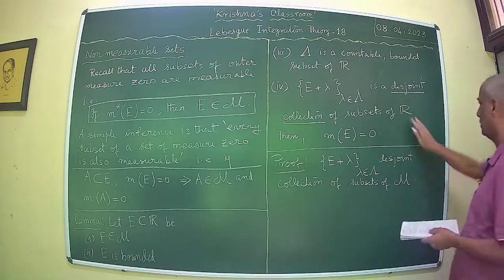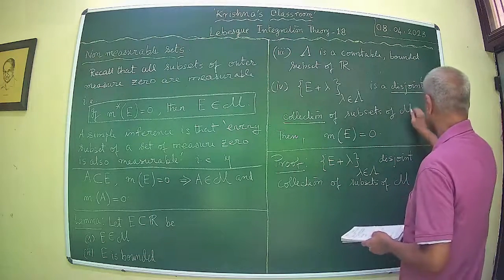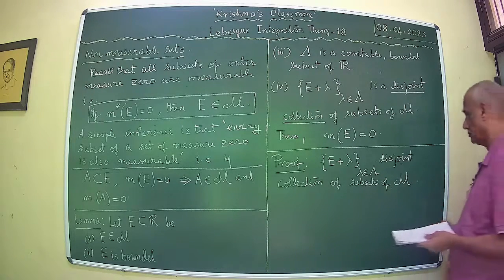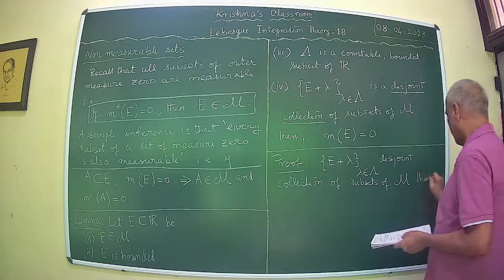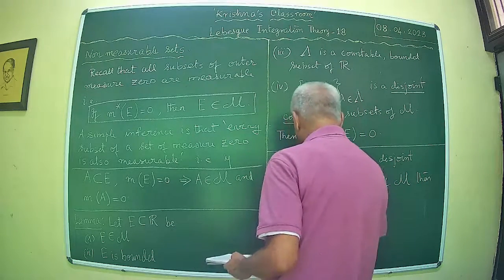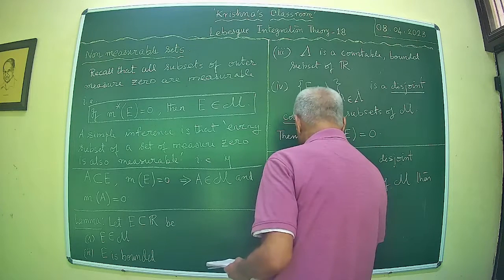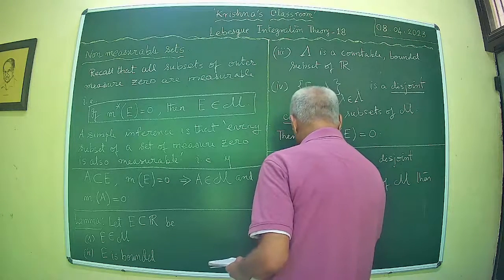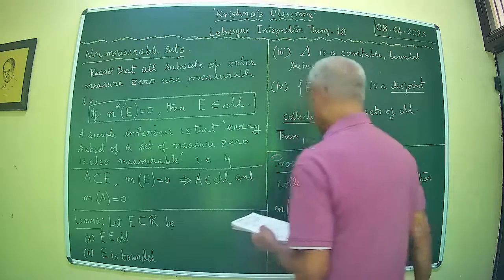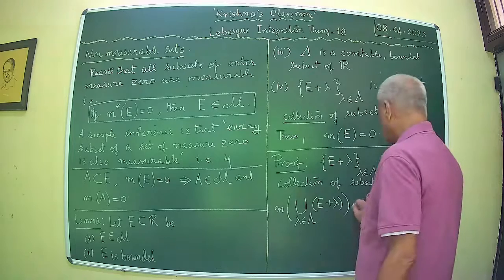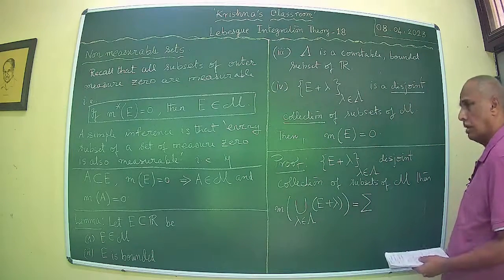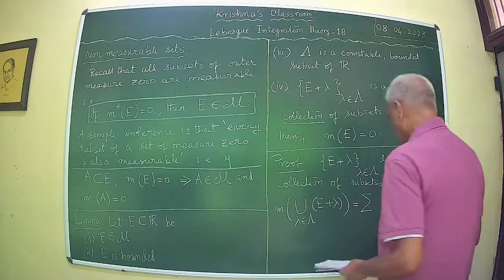Okay. So, you can write here. That's not obvious. Then, what we have is this measure of the union of E plus lambda is equal to, because of the additivity property of the measure on script M, this is equal to